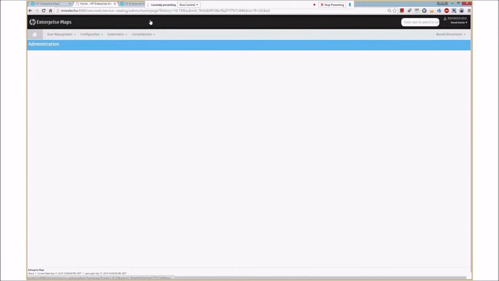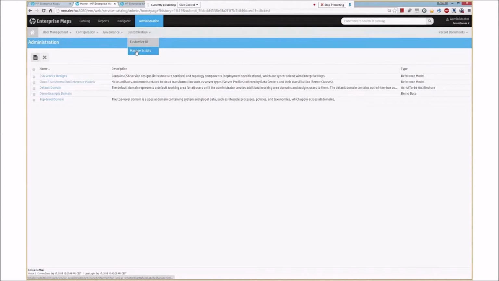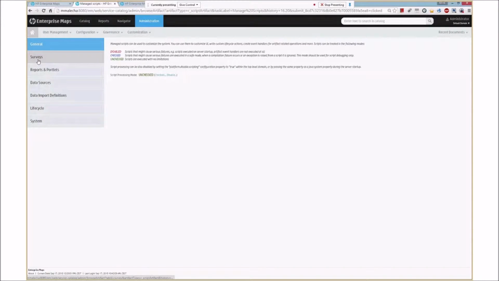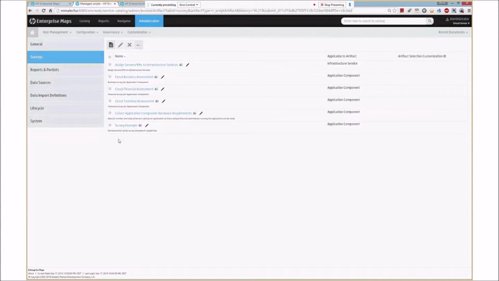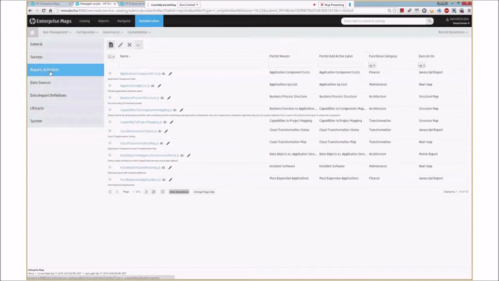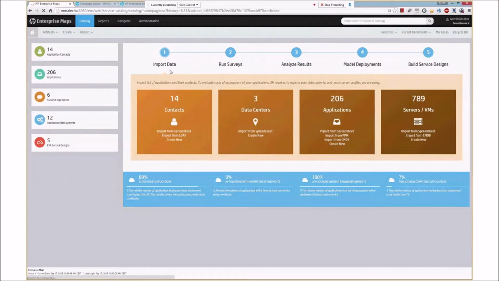If I click on Administration, I have here an option called Manage Scripts. Manage Scripts, first of all, is showing the survey sources. So here I have the full list of surveys that I can use. And here I have reports and portlets. The report or portlet can be easily added to any dashboard. So if I return back to the reports,